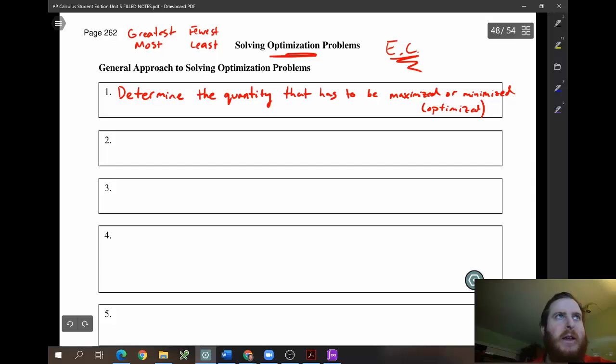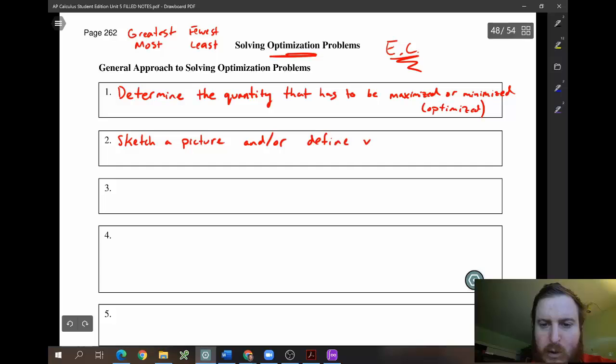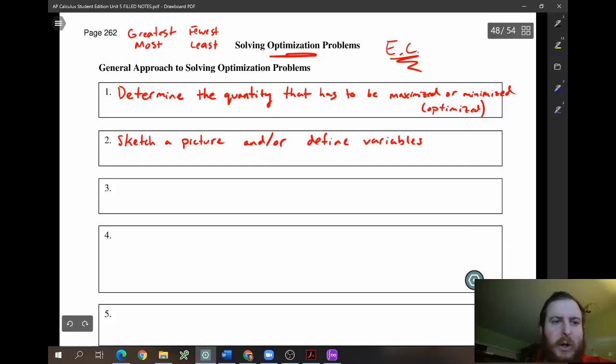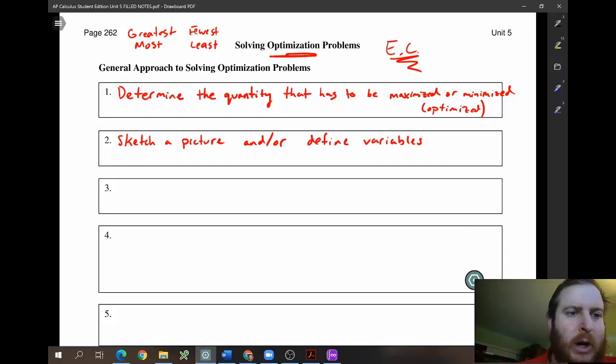Okay, once we've done that, then we want to either sketch a picture or let's define our variables. So sometimes you may not be able to sketch a picture, but you can say kind of like let x be defined as this, let y be defined as that. And so as we kind of go through these steps, just to give you an example, I'll kind of show a problem might be that we want to